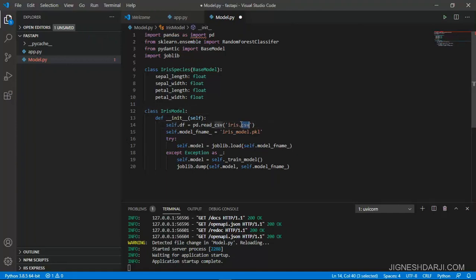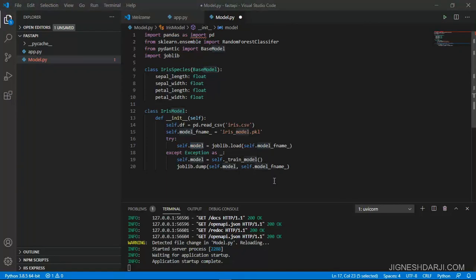Inside that I initialize the constructor, and inside that I read the data from one CSV file that helps me understand the logic, meaning when we pass some inputs to this model, the model executes that CSV file and understands the possibilities of those records in the data provided along with the CSV file.